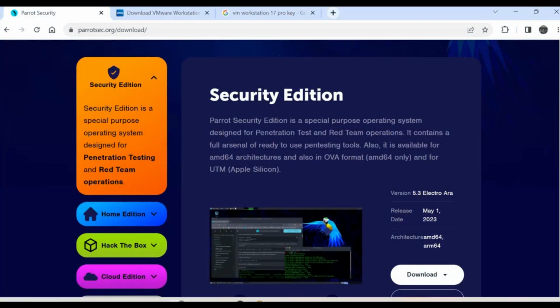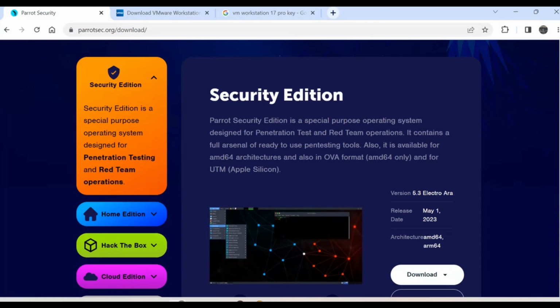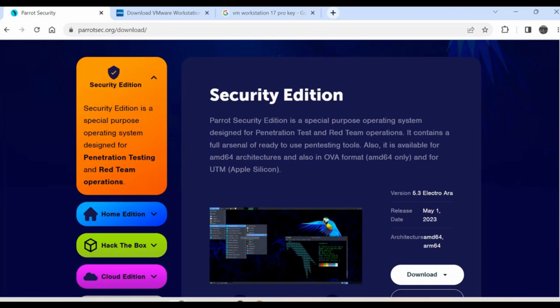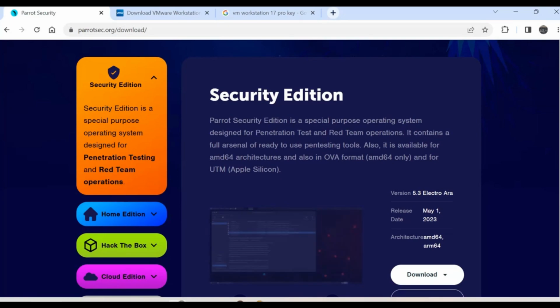So guys, what is the Parrot Security system? Parrot Security is an operating system, you can say a universal operating system, which is designed for penetration testing and red team operations. It contains a full arsenal of ready-to-use